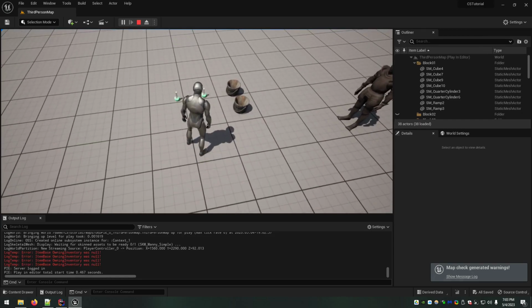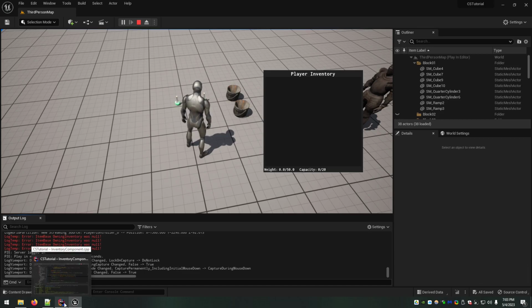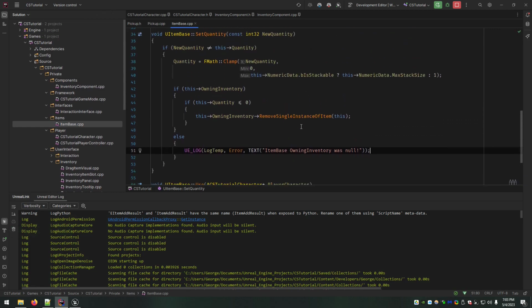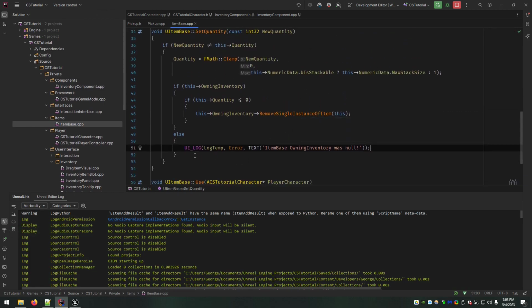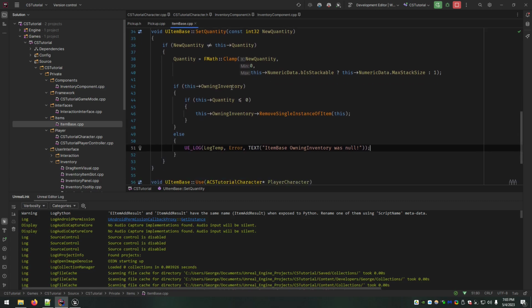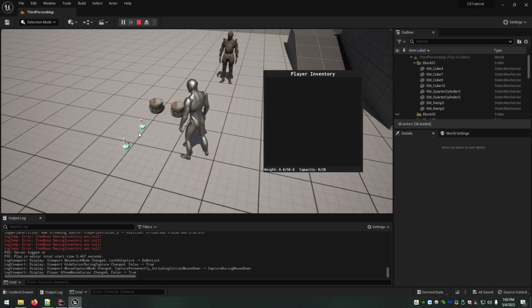So these errors right here, I did go and add a log in the item base that I didn't really think through. I was like, oh, I do want to know if this is null. And that happened because there's 4 pickups in the world, and pickups don't have an owning inventory.